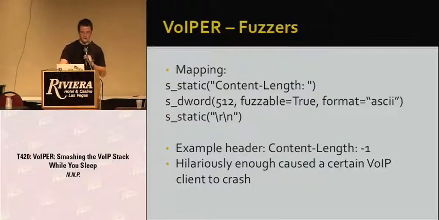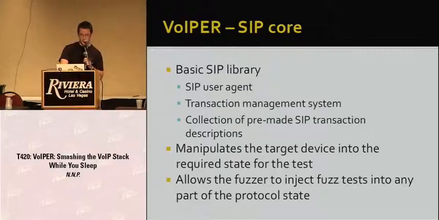The fuzzers pretty much look like what you expect from Spike or Sully or that kind of thing. So that's an example of one there, the content length. That example header there causes a professional level, business grade, really great phone to crash. So the SIP core itself is just basically a SIP library. What it does is,